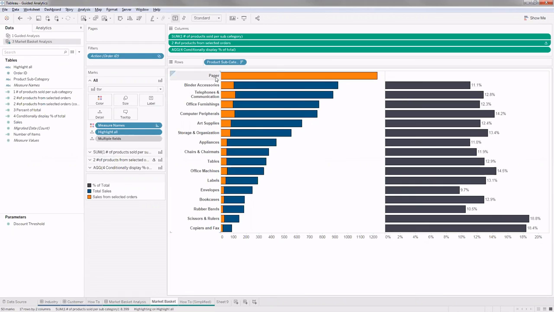So it's taking all the order IDs that were in your selection and seeing how many of these different subcategories have products sold from those order IDs, and it's giving that count here, number of items. Total number of items here is 833, and the intersection between these paper order IDs and telecommunication order IDs is 113.